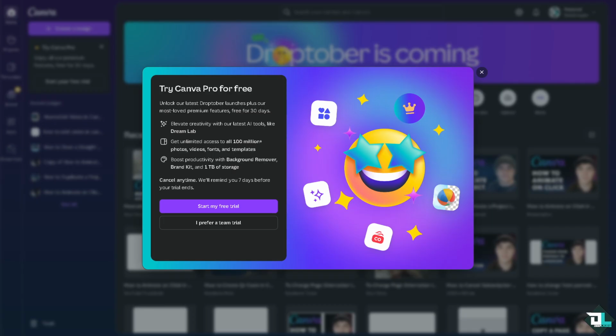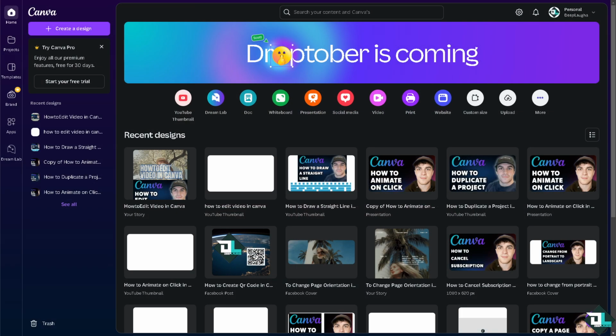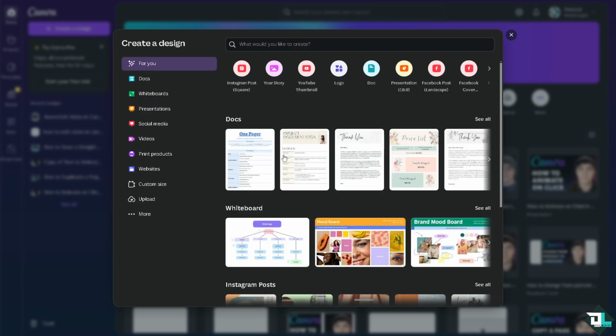Using Superscript in Canva is a straightforward process that can be helpful in various design scenarios. Once you are logged into your account, I want you to open the design that you wanted to work with. In my case, I'm going to be creating a new thumbnail from scratch. Click on the create a design, and what will happen is I would be forwarded here. I'm going to go for the YouTube thumbnail because after recording this video, I'm going to upload a thumbnail along